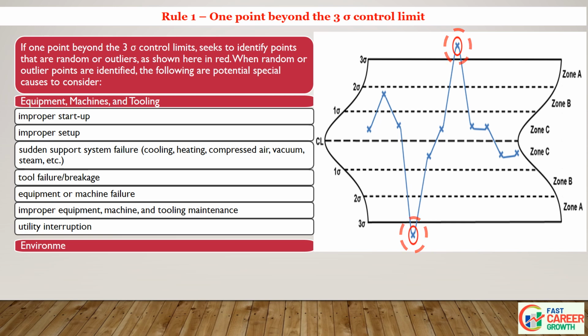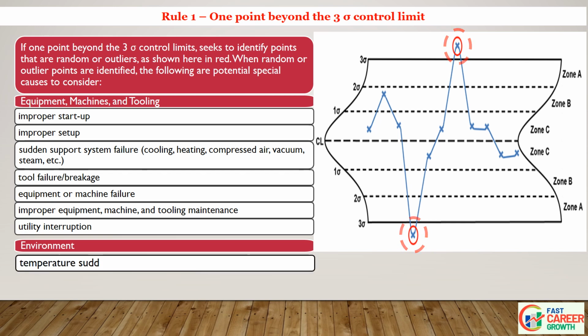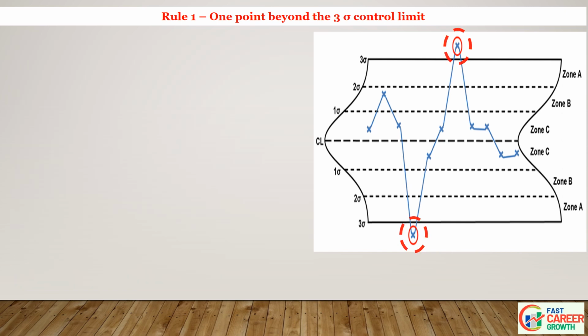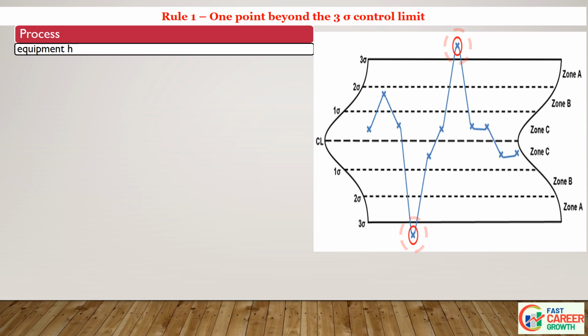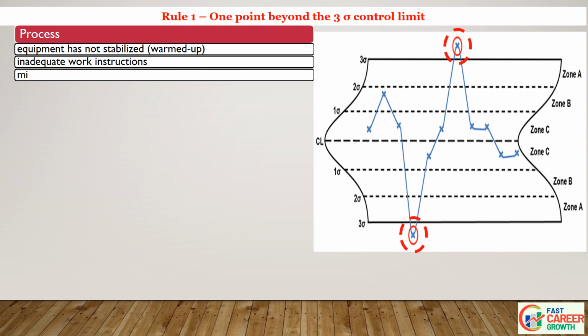Environment, temperature suddenly too low or high, humidity suddenly too low or high. Process, equipment has not stabilized or warmed up, inadequate work instructions, missed process step, new process. Inspection,